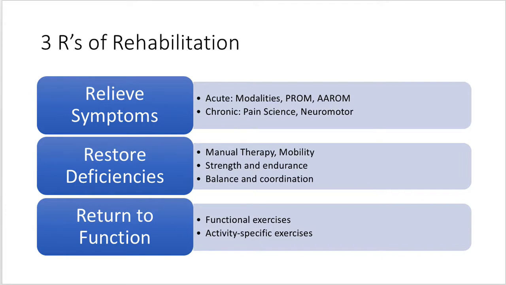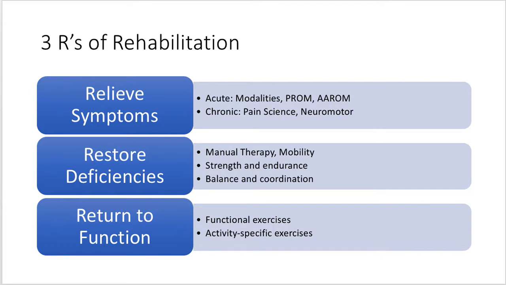So remember, for acute, this is a nice chart because it's going to say, hey, that person comes in, they just sprained their ankle. We're not going to have them doing box jumps at that point, right? We're not thinking about the third bullet of returning to function. What we're thinking about is trying to manage their swelling, manage their pain, maintain as much motion as they can have, and then get them back and use a lot of education and motivation to keep getting them to progress on and to get better.